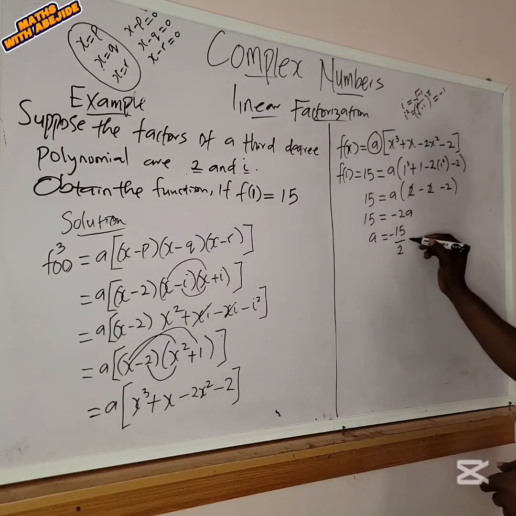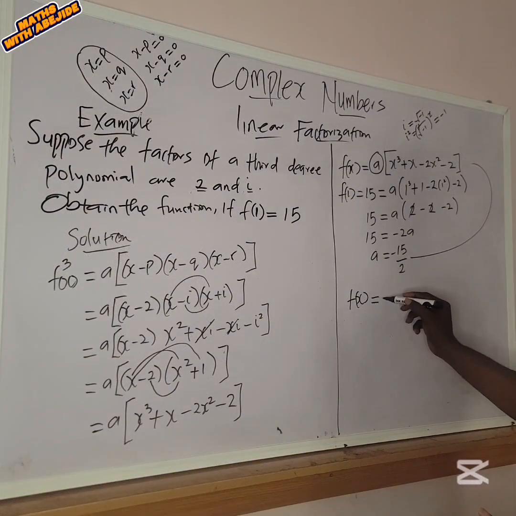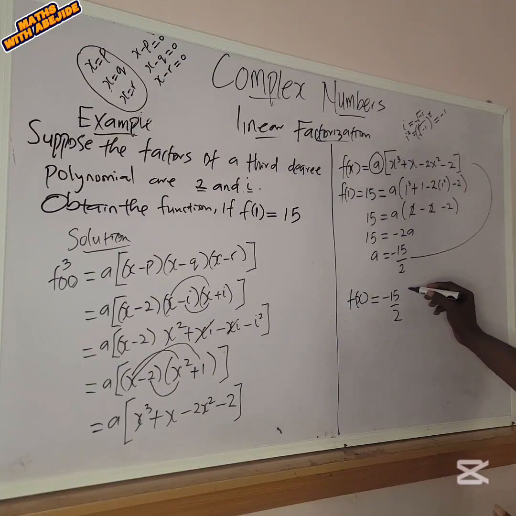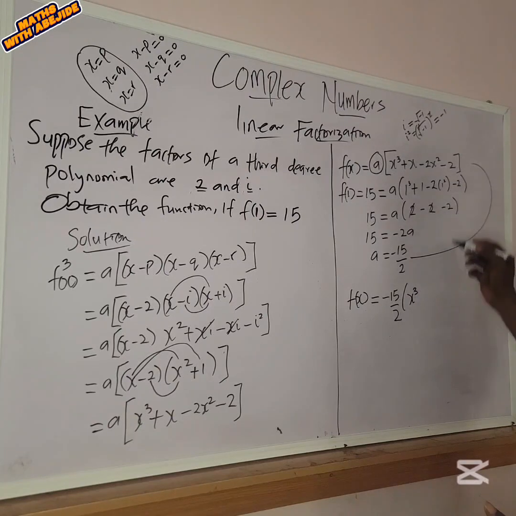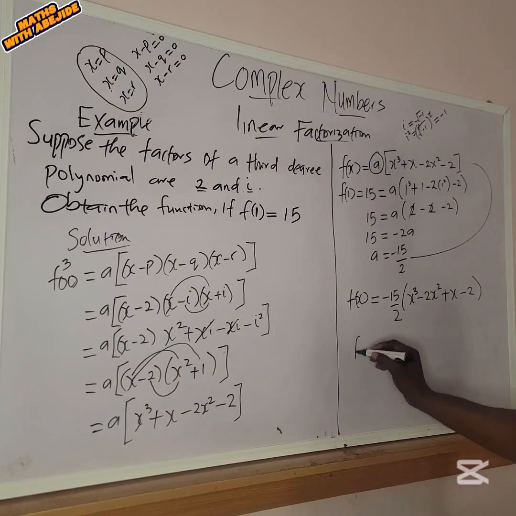So we can return this a here. f of x will now look like minus 15 over 2, the value for a. Then we can have x cubed. When we rearrange, we can have minus 2x squared, then plus x, and then finally minus 2. You can leave it this way, and if you like, you can expand further to give f of x